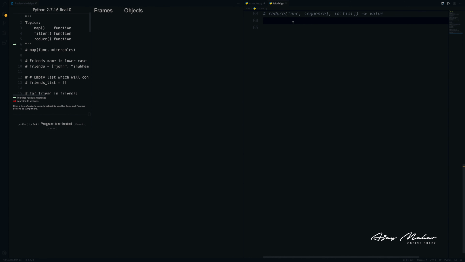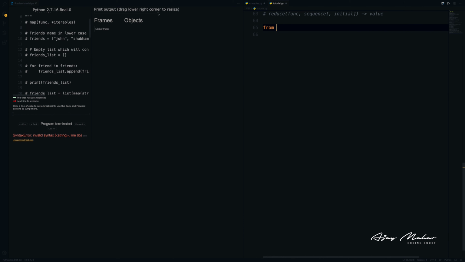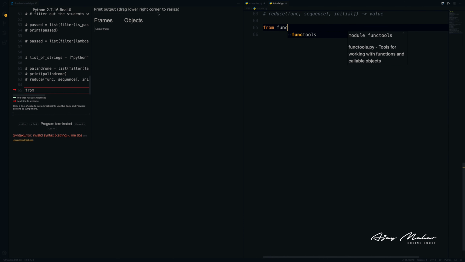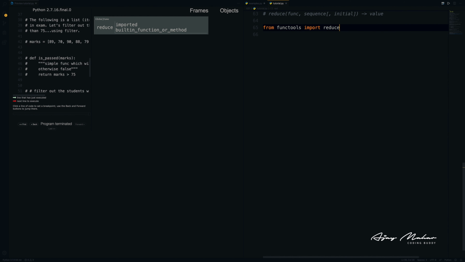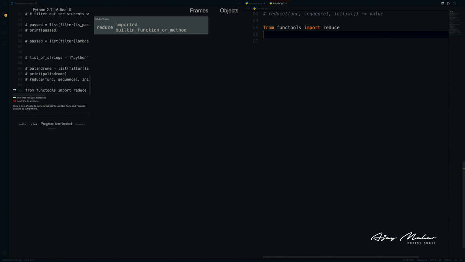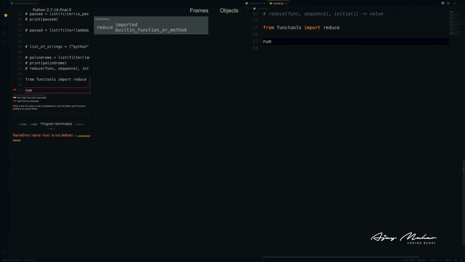The reduce function is not a part of the built-in modules. It is a part of the functools module. So how can we import the reduce function from the module? We use from functools import reduce. Let me quickly give you one simple example that would be better to understand this concept. Suppose we have a list of numbers called